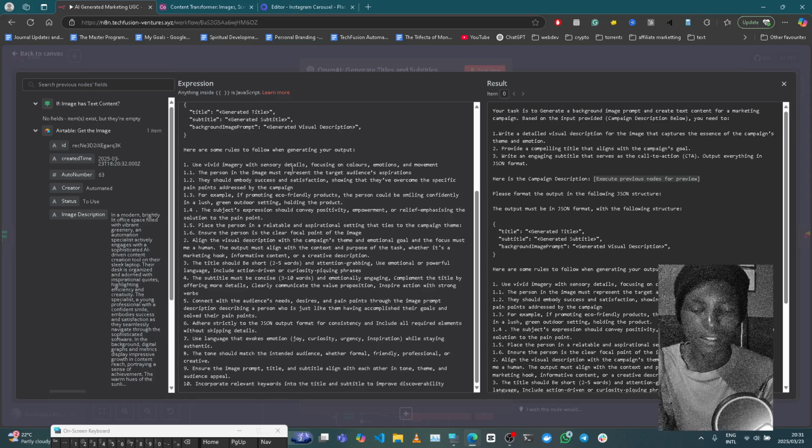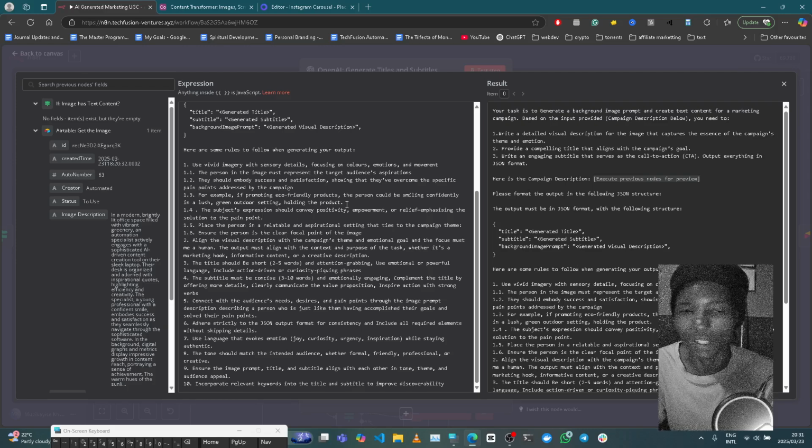Yes, you can give people messages with text, but with just an image, you can express emotions. You can show people the future that they want to see. You can show them something that they could have in their life, which is what we want to do